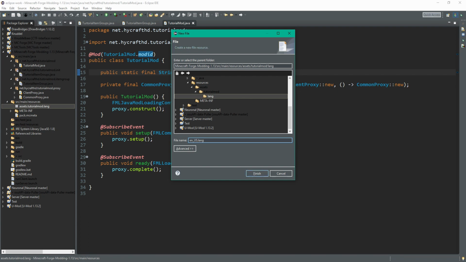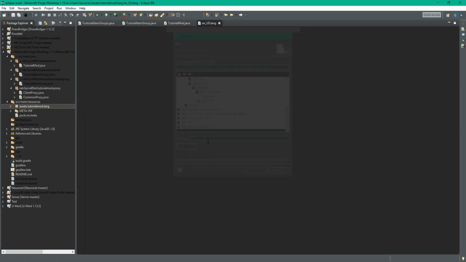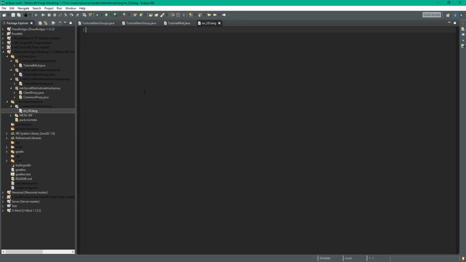We now just create an English language file for the US, but you can also do GB for Great Britain or something else. But that's the most common one. So en_us.lang, and there we now